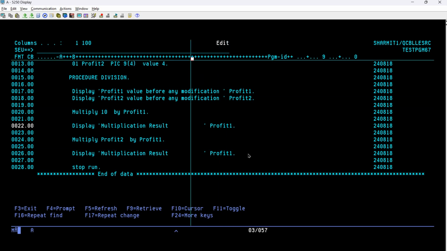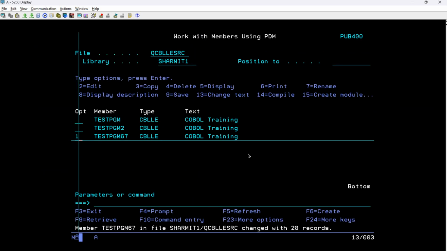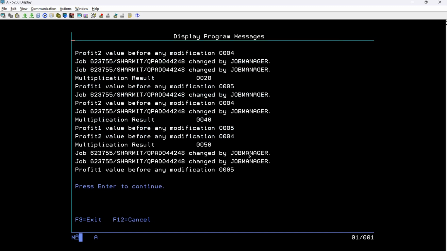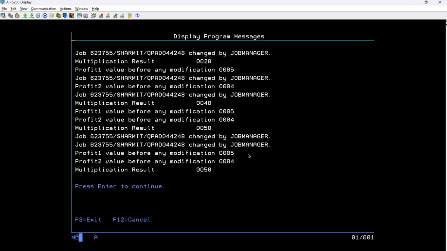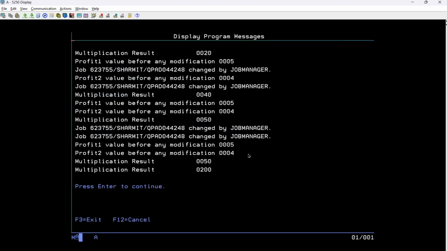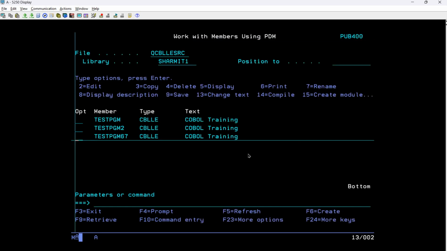So let me show you the output. Now, what is the output? So we have covered both scenarios, right? So profit1 is 5, 4, the output is 50 first, and then 200. Why? Because now the values changed for the first one. So this is how we can utilize the multiply statement with